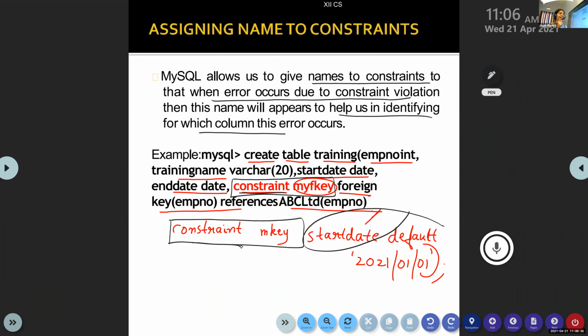Hello, that is not the constraint name, Ashwin. Start date is not the constraint name. My question is why the column name is specified again? Any other answer? Krishna?